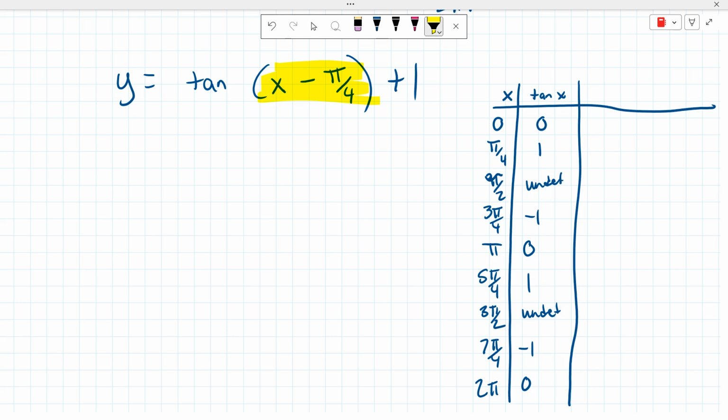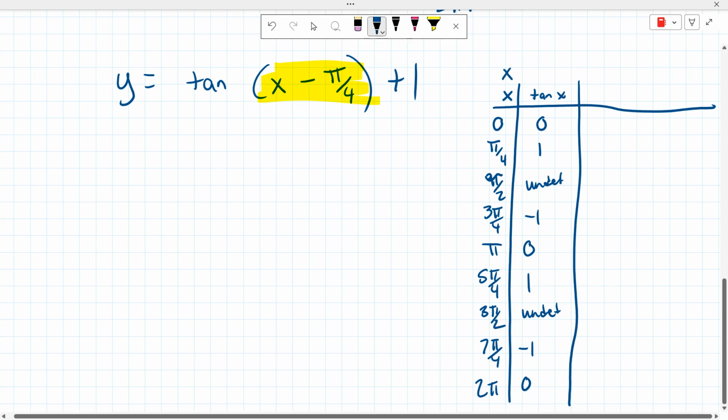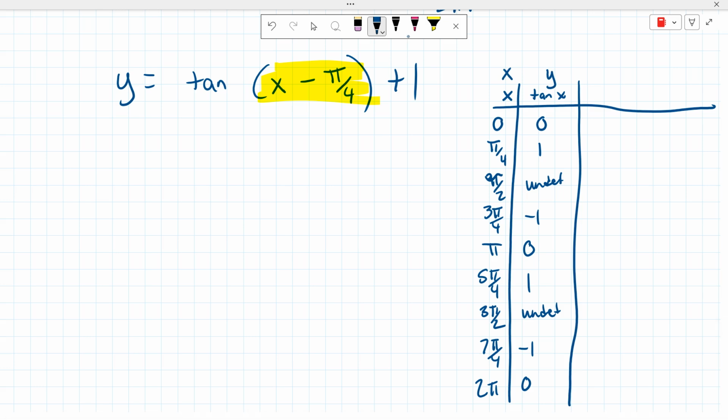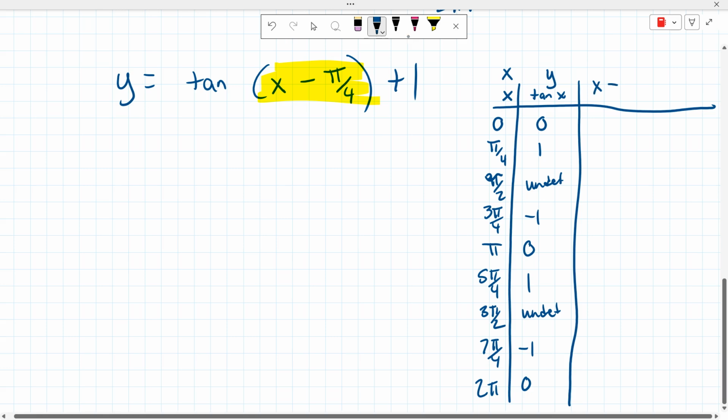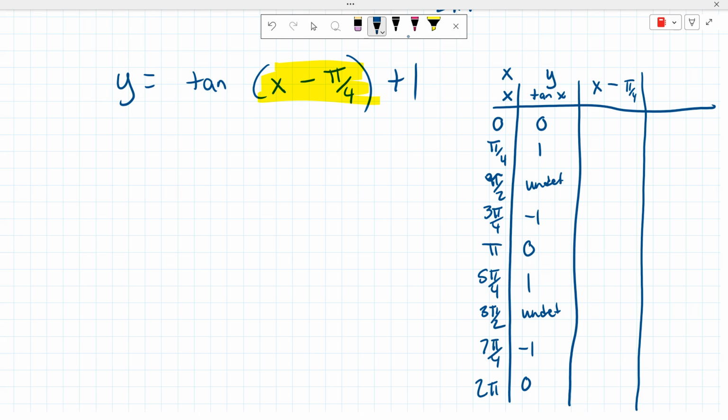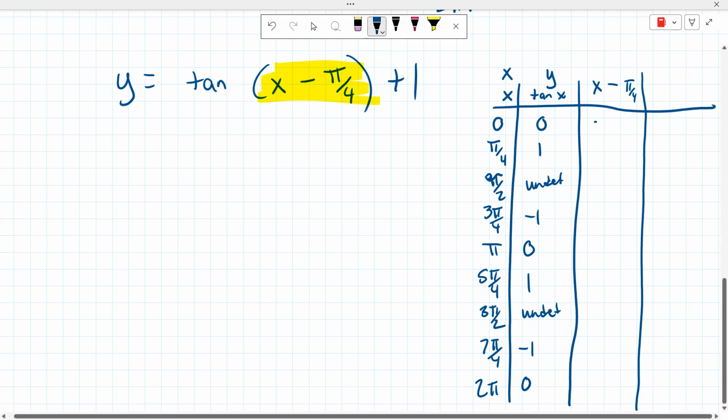So if it moves it to the right, pi over 4, does it affect the x or the y? Because this is the x, this is the y. It affects the x. So what we're going to do is make a column here that says x minus pi over 4. What we're going to do to it is just take these and subtract pi over 4 to them. Okay? So it's going to be,